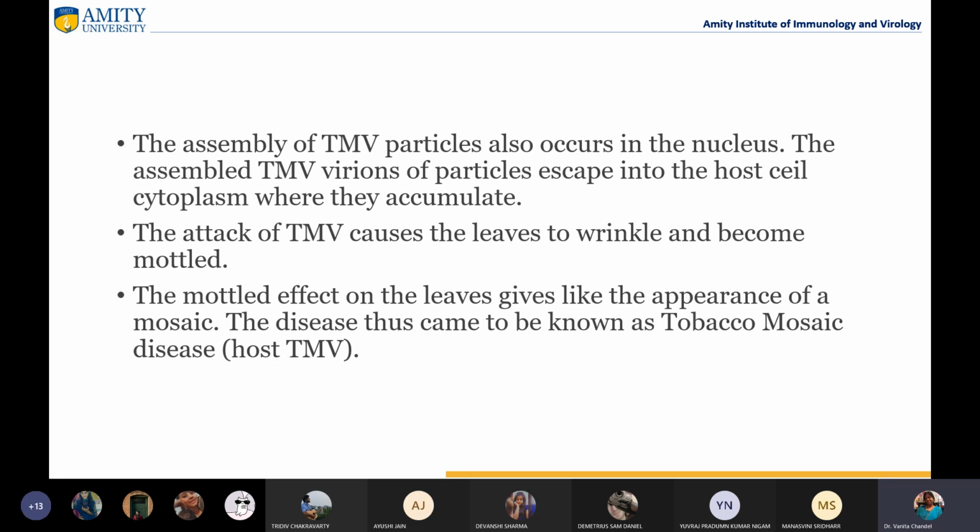So see, the point here is, when I first studied the tobacco mosaic virus, the first thing that came to my mind was, why are we studying tobacco viruses? Isn't tobacco harmful? Why are we bothered if there's some virus which is affecting tobacco plants? That was the first thing in my mind. But then